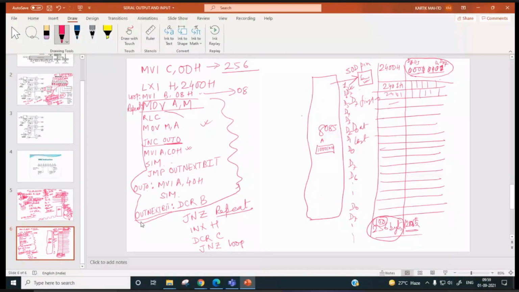So suppose we have to send D0 first, then D1 next, and finally D7 at last. What should be the change in our program? बताइए.